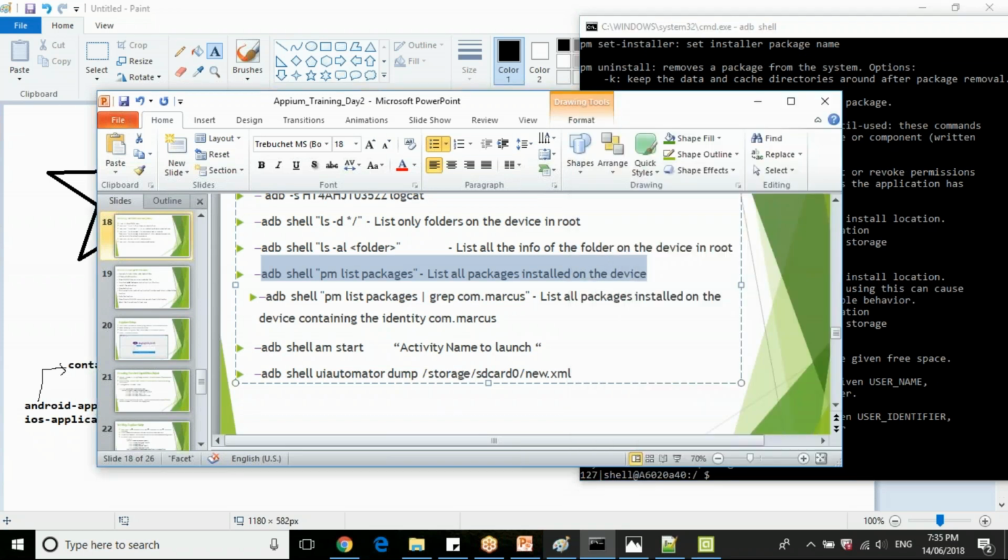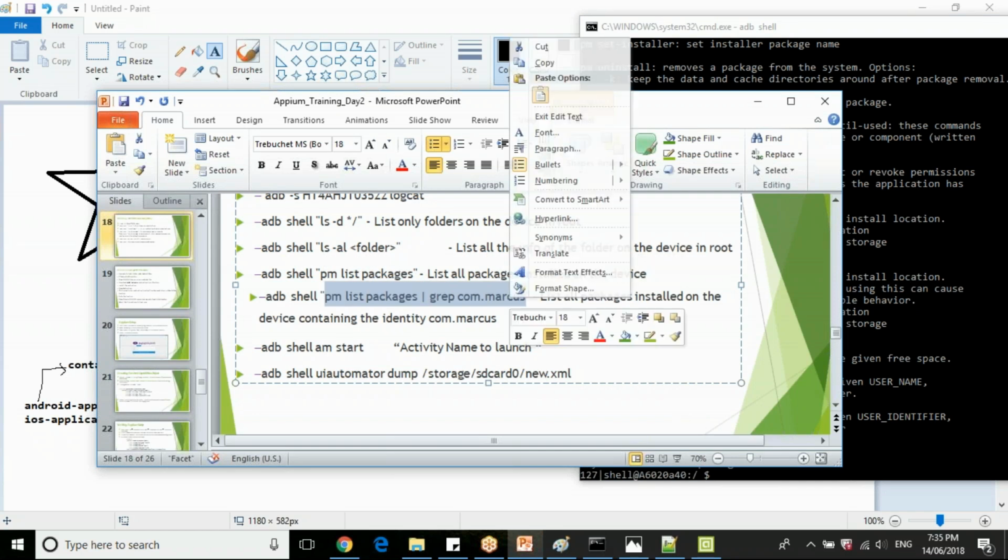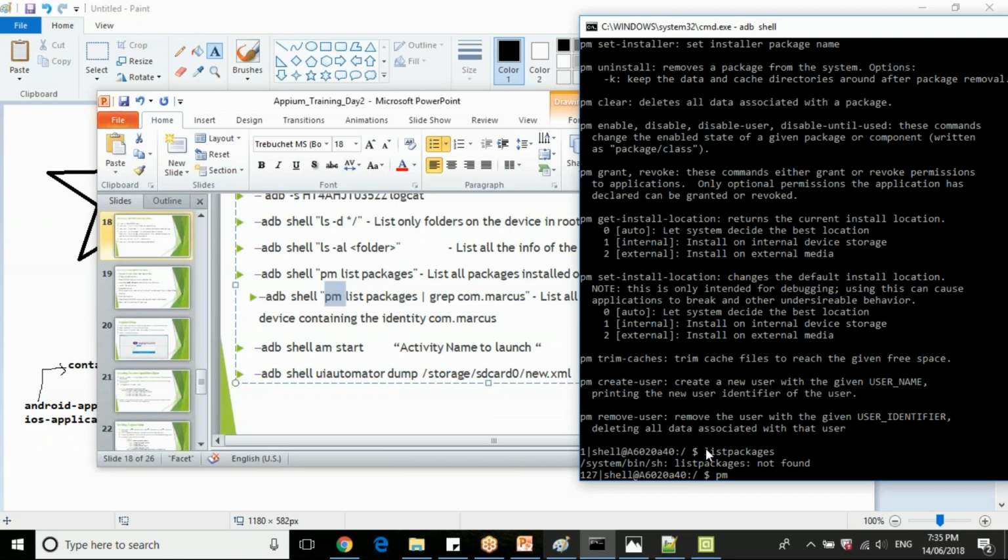Just give a sec, guys. I just wanted to check com.workers. List packages from grep.